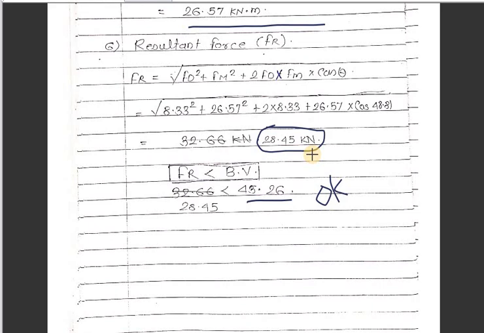The important thing we have discussed is the load taken by the bracket connections, how this load will be transferred to each bolt, how we calculate the force on each bolt, how we calculate the moments on each bolt, and how we calculate the resultant force on each bolt. Finally it is safe because this resultant force is less than the bolt value. That means the bolt value is more as compared to the resultant force, so this problem is safe. So this is type number 1.